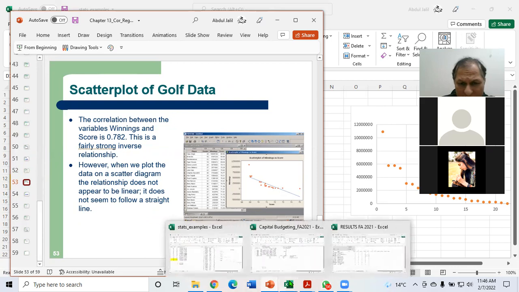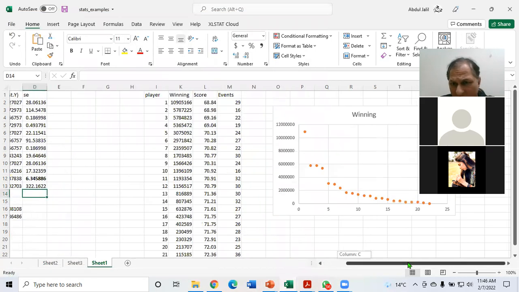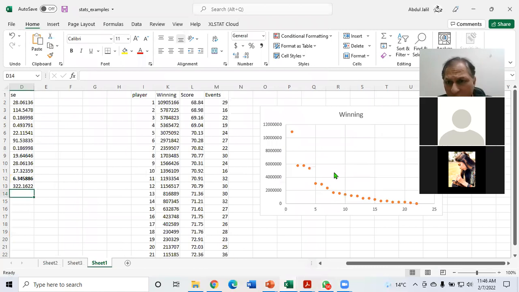Let's suppose I have already fitted this data here for your convenience, just to save time. So this is the relationship which is going to be observed. A negative relationship between the winning amount and the scores, right? How much score they are going to have. If the amount is very large and the relationship is non-linear, it has some kind of variation; it is not a clear-cut state.